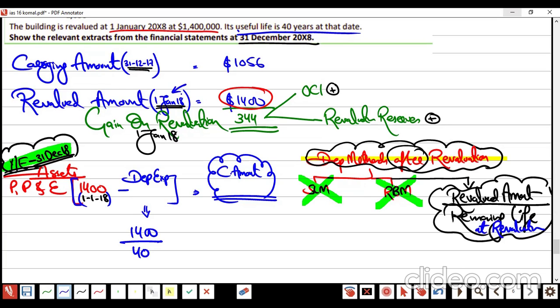No. Who told you this? I told you the remaining life at the time of revaluation. The time of revaluation is 1st of January, and on 1st of January the remaining life given in this question is how many years? 40 years, right? The answer is 35. And the SFP amount is